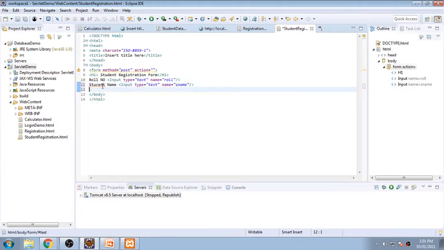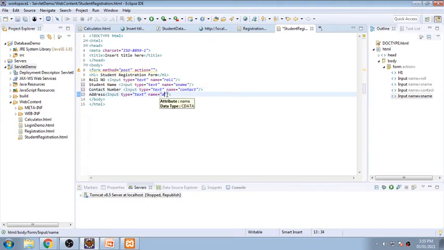Same way I just copy for contact number and for address. So here it will be contact number, and here it will be address, and I will give a name called contact here. CONTACT is the name of this contact text box, and this is address. So address will be the name given to this address text box. Now when I run this program, I finally need to close the form also. So slash form will be closed, and this form is ready.